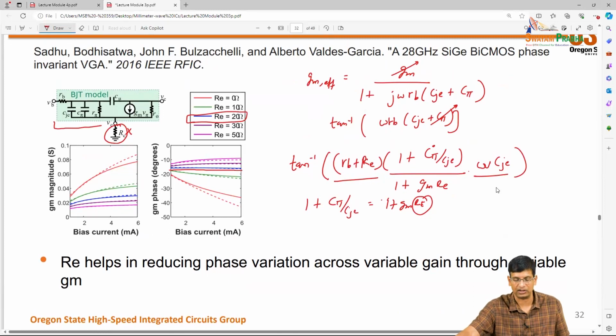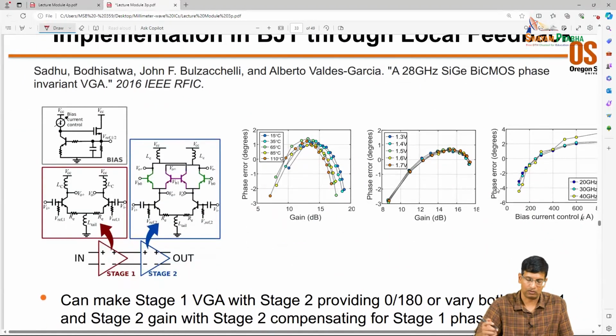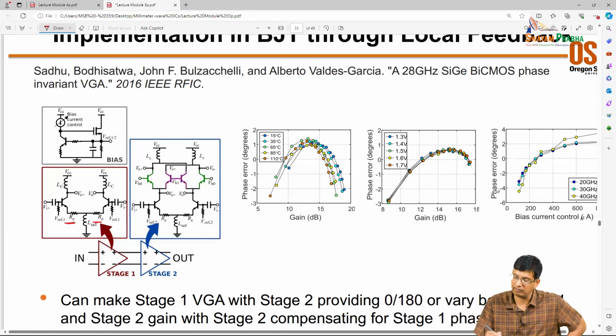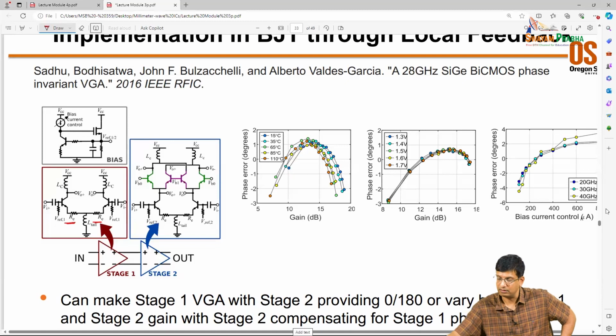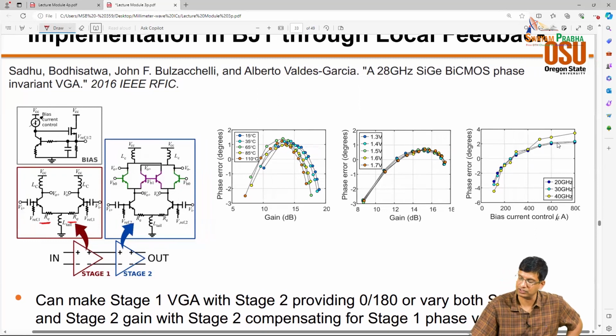So by changing IC, you're changing GM while keeping the phase constant, right? So they use that technique in this amplifier where they add this source degeneration RE resistances, and then we can see here that the measured performance shows that the phase error, or the phase variation, is pretty small as the bias control